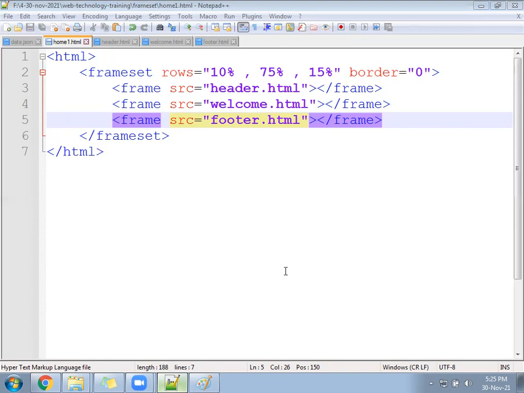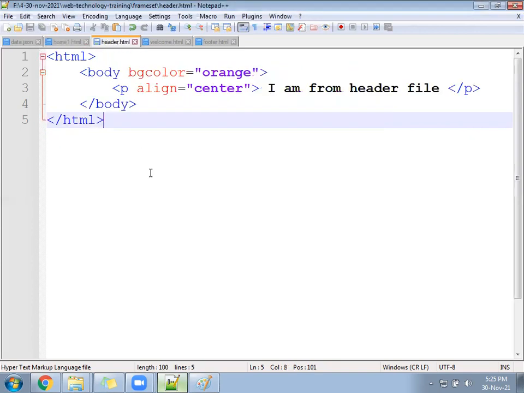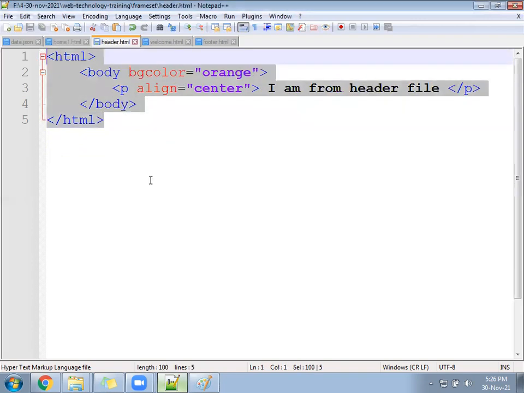I will guide you. I have sent you the code of the header file. Have you replaced that? Yeah. This is the header code. You do one thing. Send again your header code. I will guide you what the problem is.